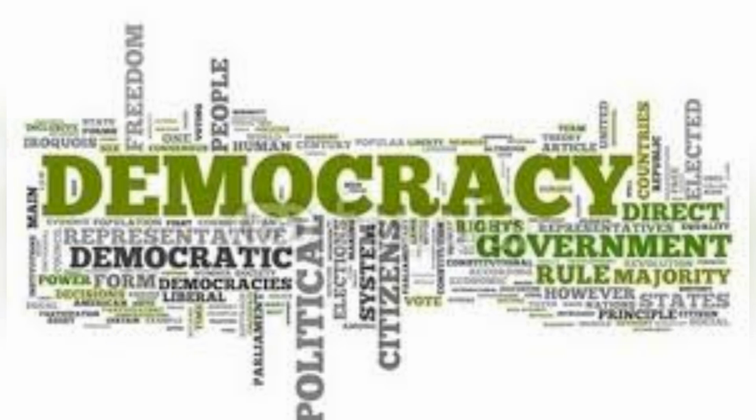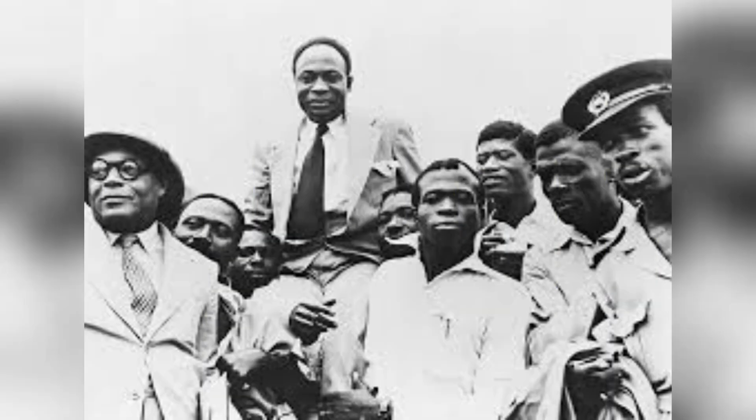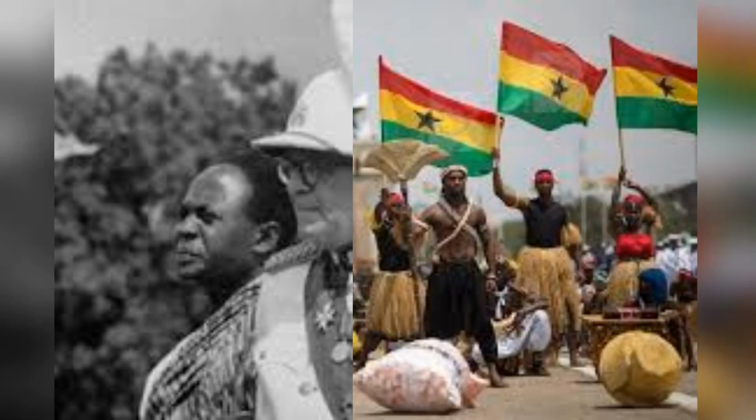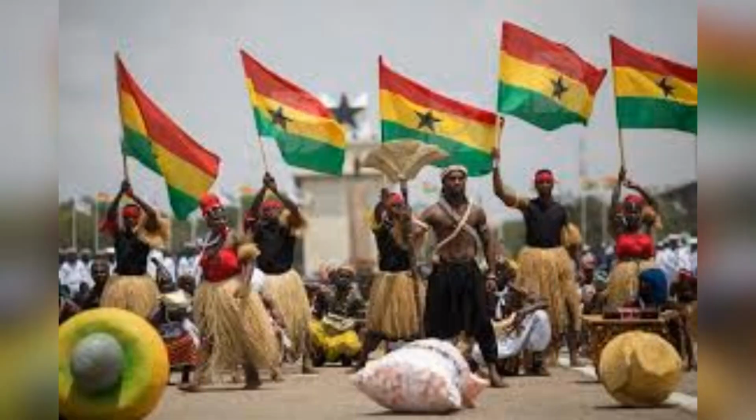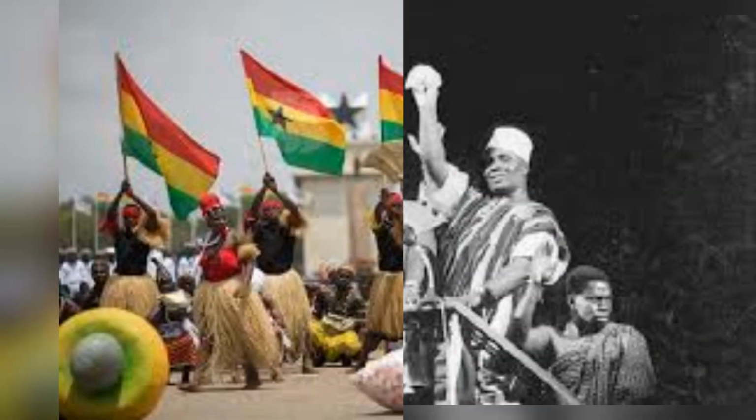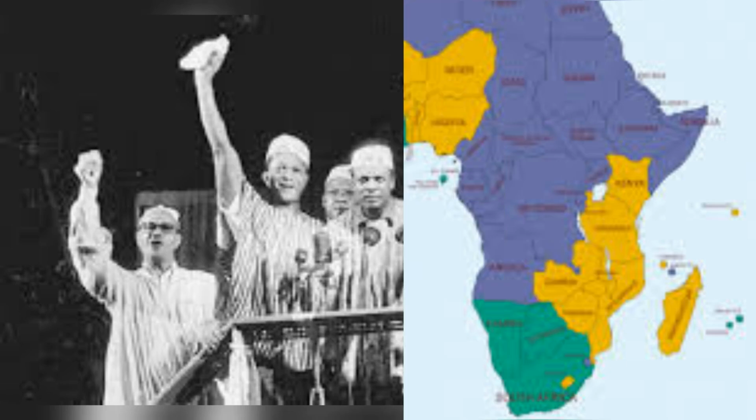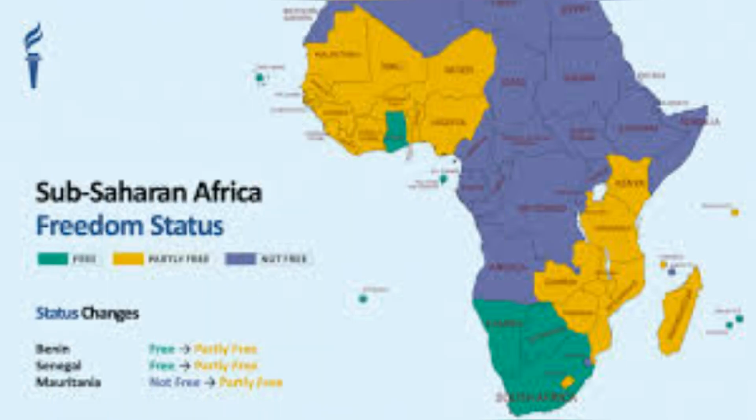How has democracy evolved in Africa from the days of colonial rule to the present day? Africa's political landscape has undergone a profound transformation over the past century. The continent's journey from colonial subjugation to independence and the establishment of democratic governance is a testament to the resilience and determination of its people. In this video, we will explore the key milestones, influential leaders, and pivotal moments that have shaped the democratization process